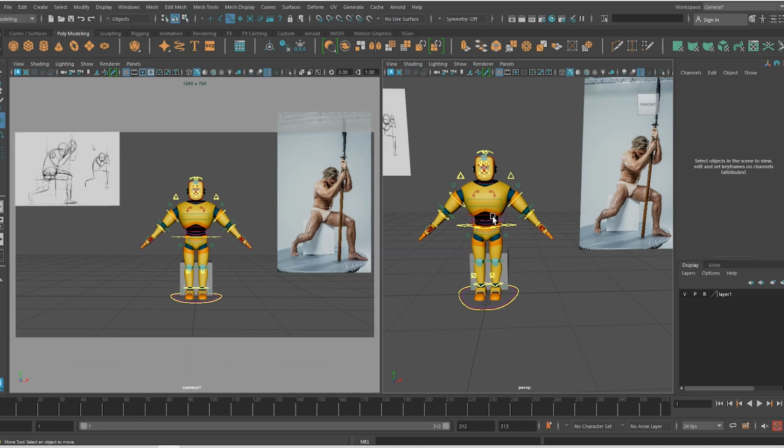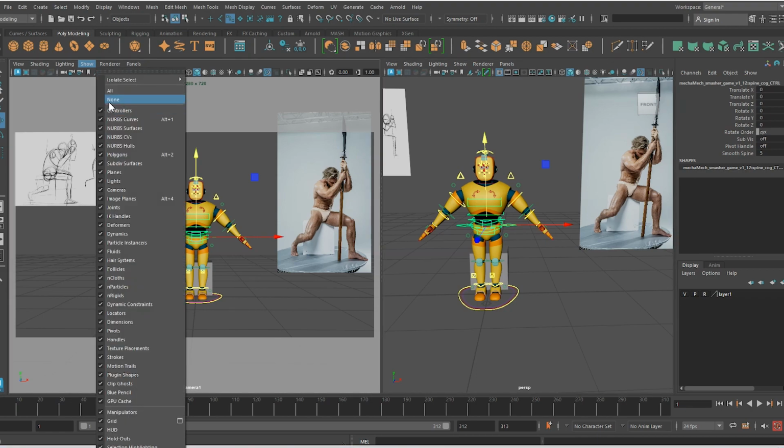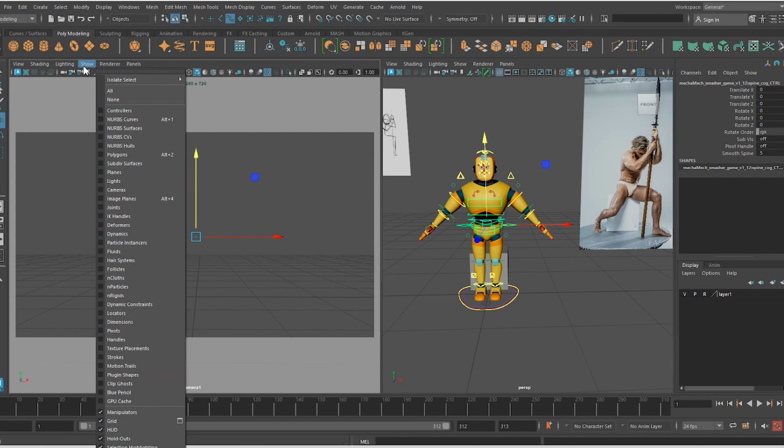Okay, so first for this one I'll show without the anim picker. So this character has an anim picker. In the next pose I'll show you how to do the selection with the anim picker. For now I'm directly selecting from the viewport. So here in show I will do none. Okay, and go to show, and turn on the polygons,